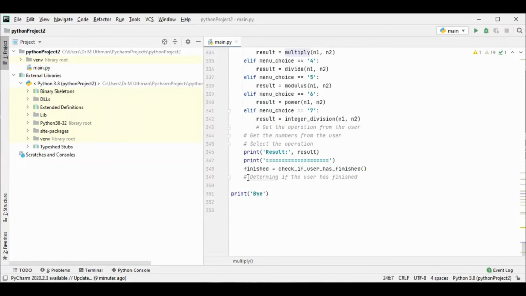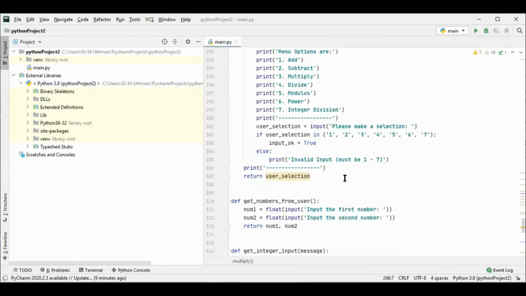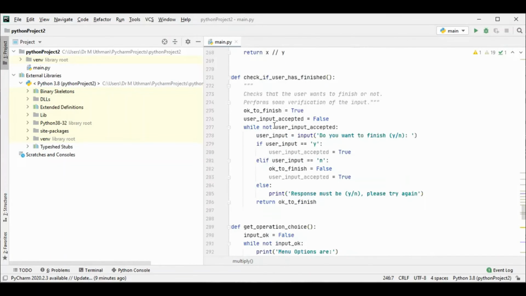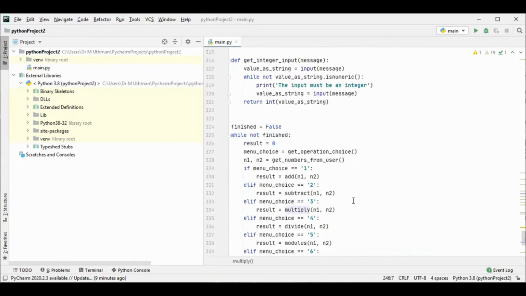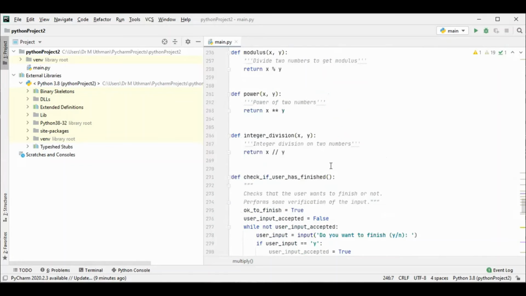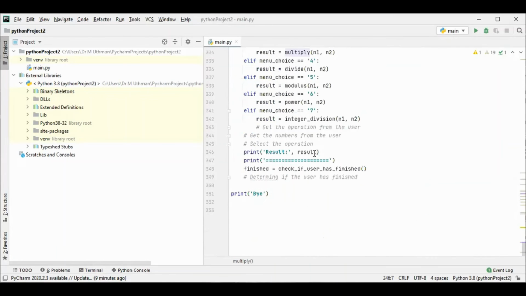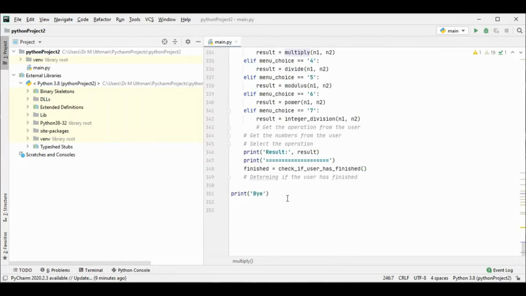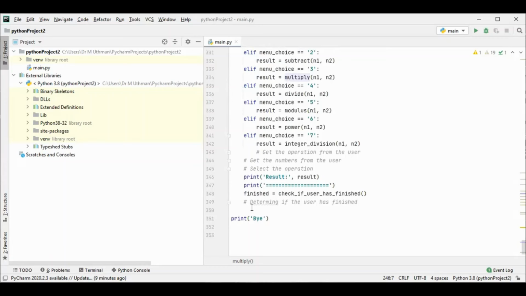Then it will check if the user has finished. It will run the function to check if the user has finished, which is this function. So it will call this function at that point. If the user says he wants to finish, then it's finished. If not, it will start again. It will go back and ask for input from the user. But if the user has finished, it will print bye. So that is our